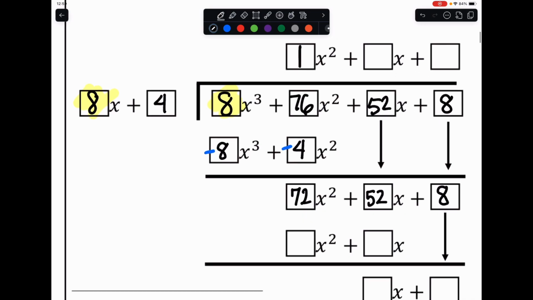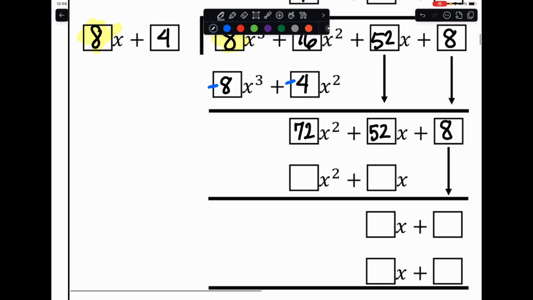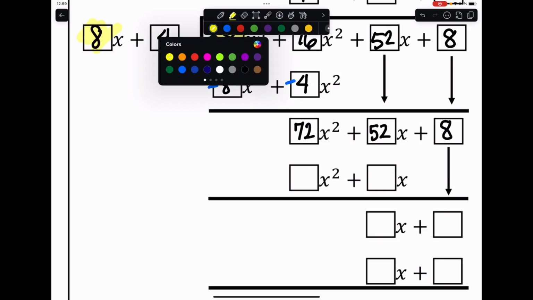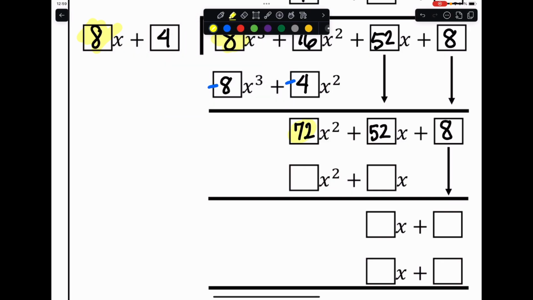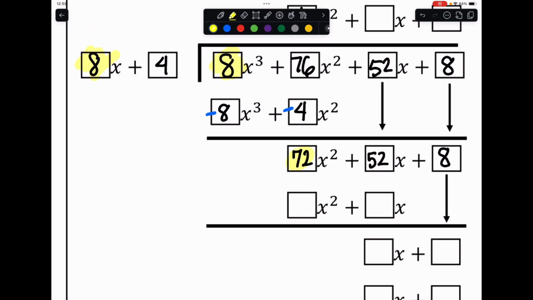So we now have this term. Now this is going to be divided by 8x plus 4. So we follow the procedure all over again and do the exact same 3 steps now with this new leading coefficient and, of course, the original one that I had, the 8x plus 4, which I just erased. If it makes it more practical, you can write it down here